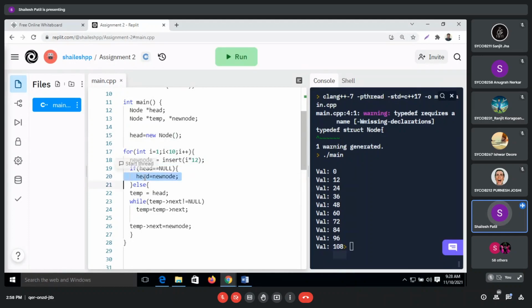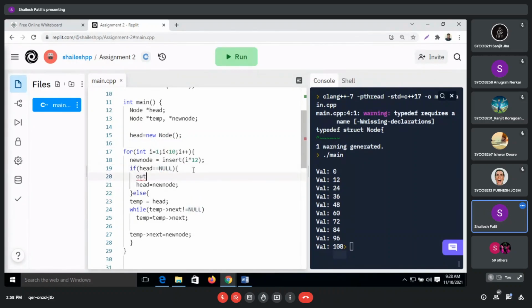Head is created now, no issue. It is pointing over here. So we need to check why this head is 0. We can check it like this: just print with cout.